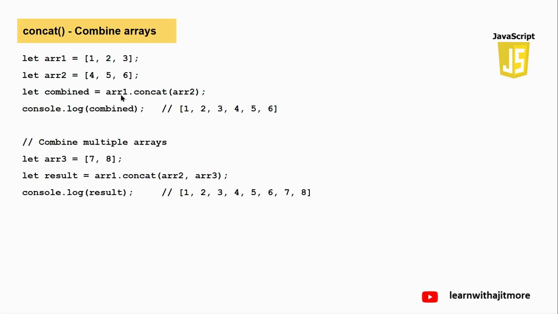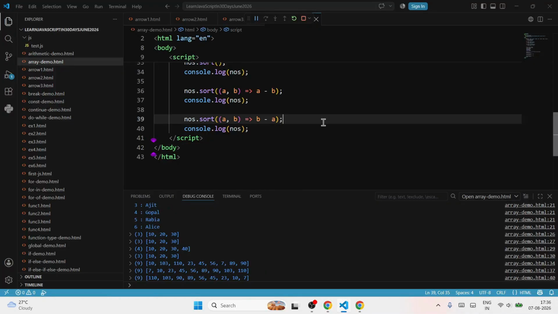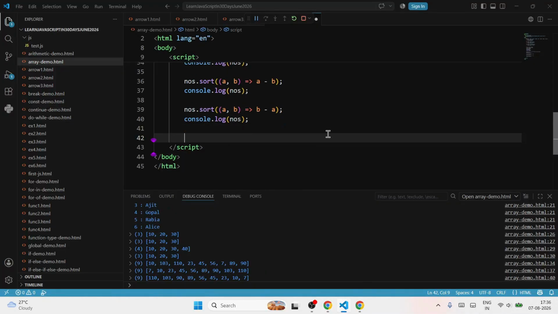ओके एंड ऐसे नहीं कि सिर्फ दो अरेज को कनकैट, यू कैन कनकैट मल्टीपल अरेज। देखो ऐसे अरे वन डॉट कनकैट अरे टू अरे थ्री। गेटिंग? ओके तो आई होप यू आर गेटिंग इट व्हाट आई वांट टू से। रिजल्टेंट अरे प्रिंट करके देख सकते हो क्विकली लाइक ये सॉर्टिंग वाले में ही मैं करके दिखाता हूं।